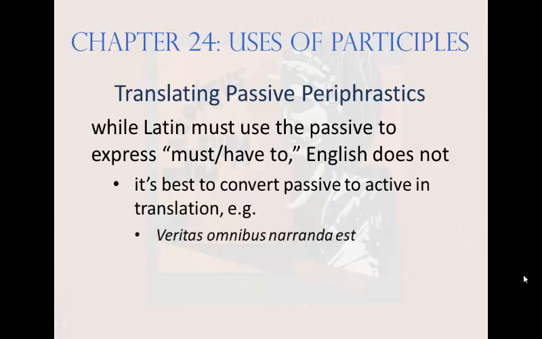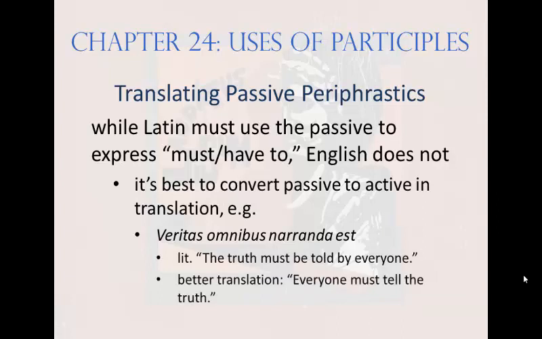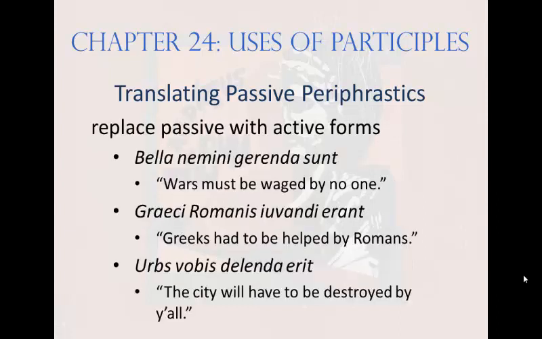Take, for example, this sentence. Veritas omnibus narranda est. Literally this means, the truth must be told by everyone. But better English allows, indeed demands, the active equivalent. Everyone must tell the truth. Going back to our previous sentences,